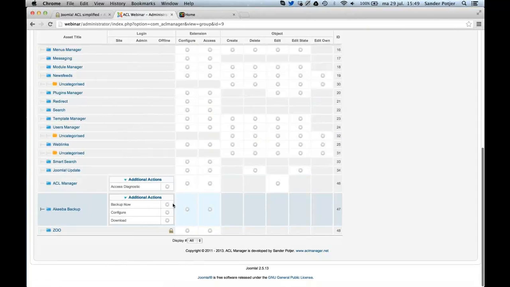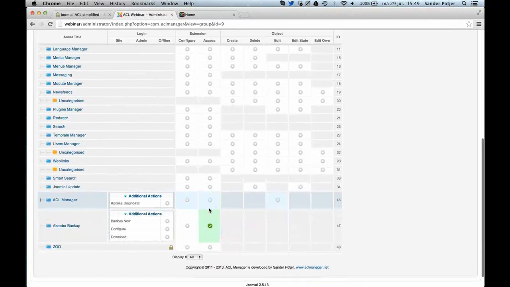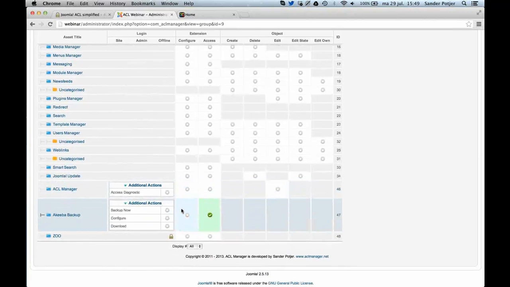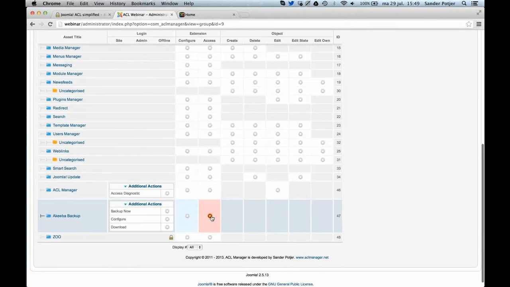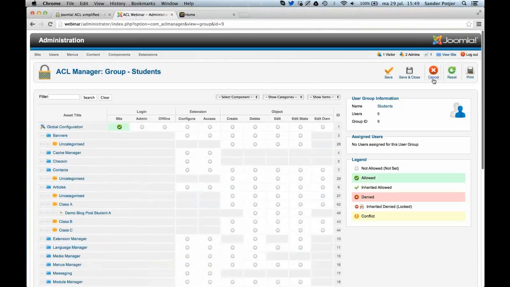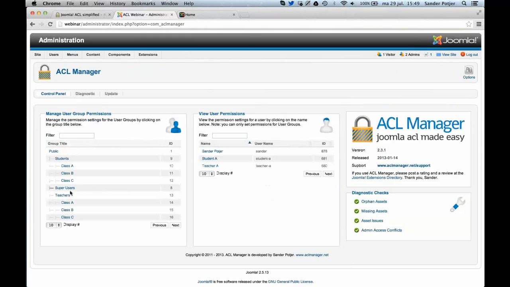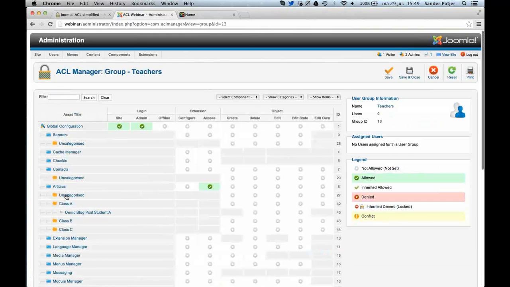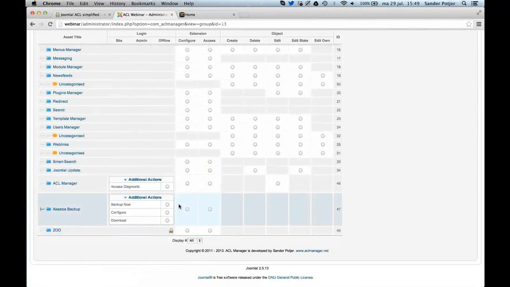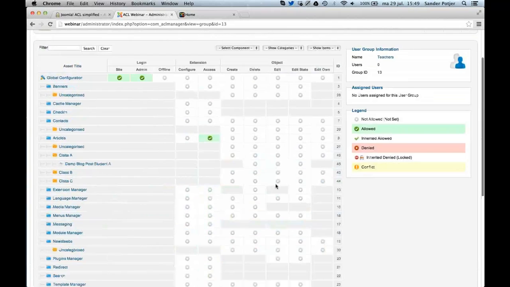But for Akeeba Backup, you can, for example, say, okay, this group is able to access the backend, able to backup. So let's not do this for the student group, but let's set it up for the teacher group. So the teachers, and it might not be the best idea to allow teachers backend access to your backups, but for now it's a good example. So when I allow them to access Akeeba Backup in the backend, save it,